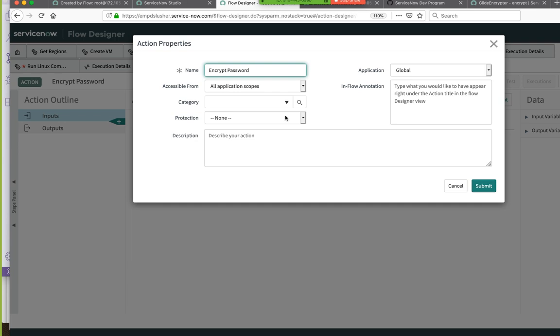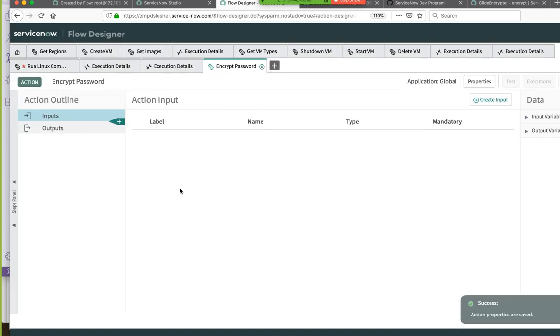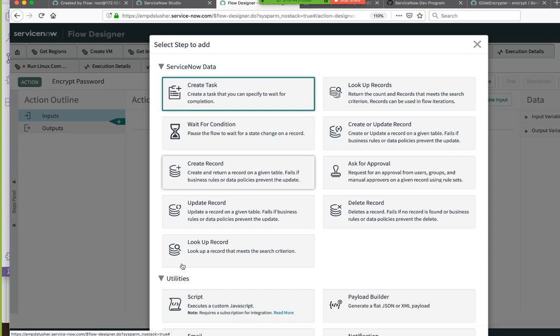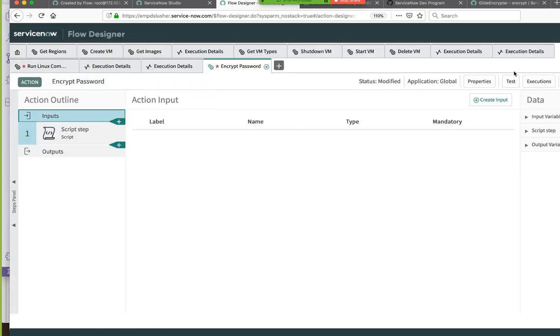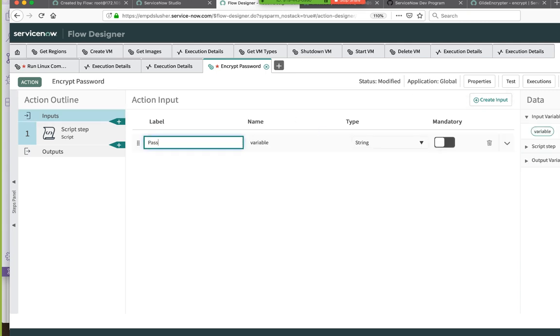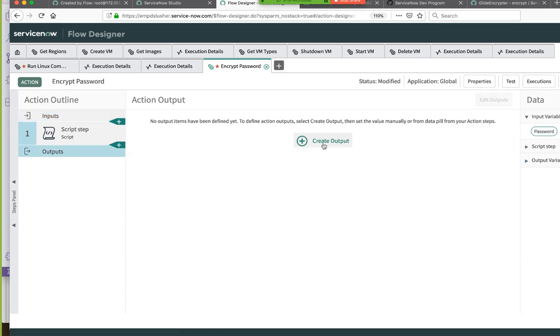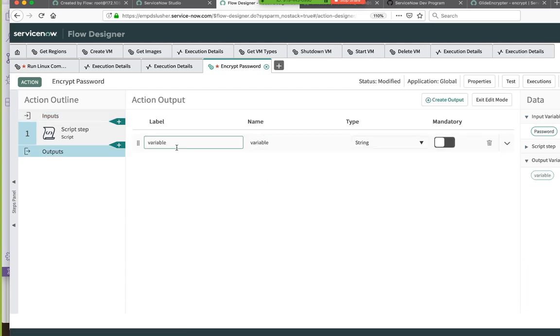It really tries to help you be good sometimes, but other times it's like, oh, just do what I want, man. And really, all we want to do here is take one input, which is one string input, and output one password 2. Mandatory. Let's just call it encrypted password, just to be clear.